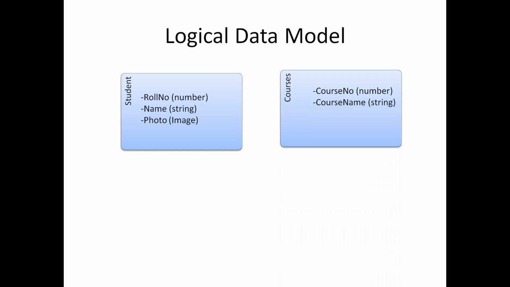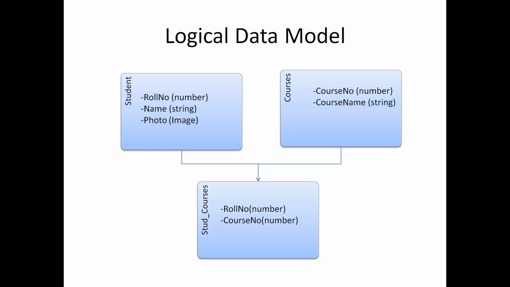There could be another entity, which is courses, because the student will be appearing for the courses, and that courses entity's attributes could be course number, course name, etc. Then these two can be combined, wherein one student is probably appearing for different courses. So that could be a student courses entity where we are telling that this roll number is appearing for these